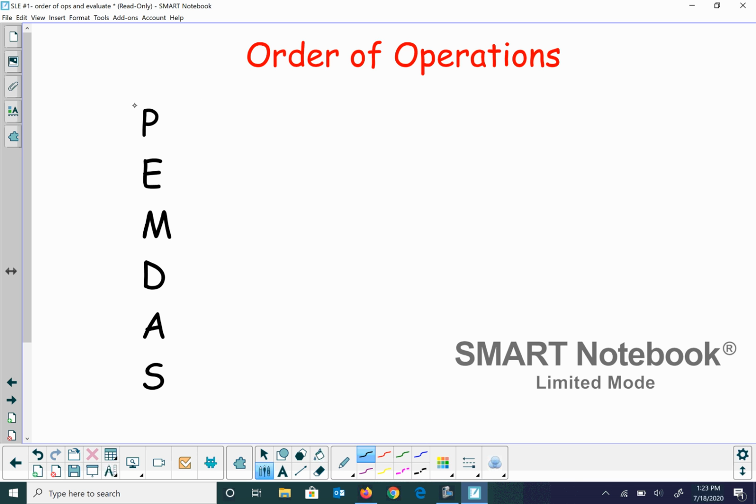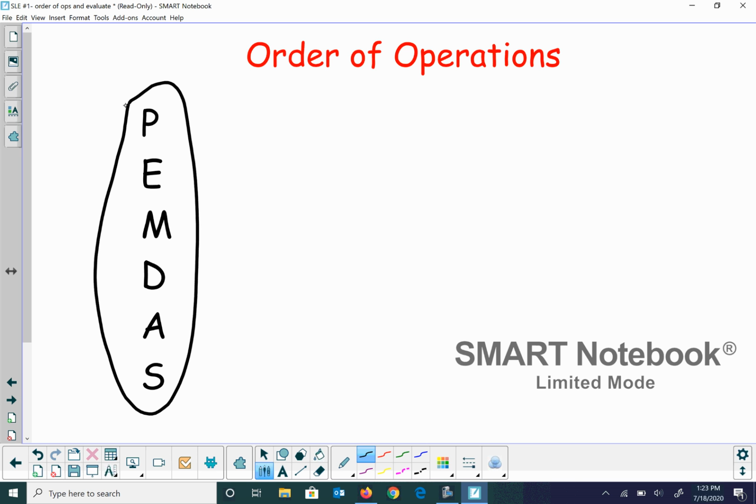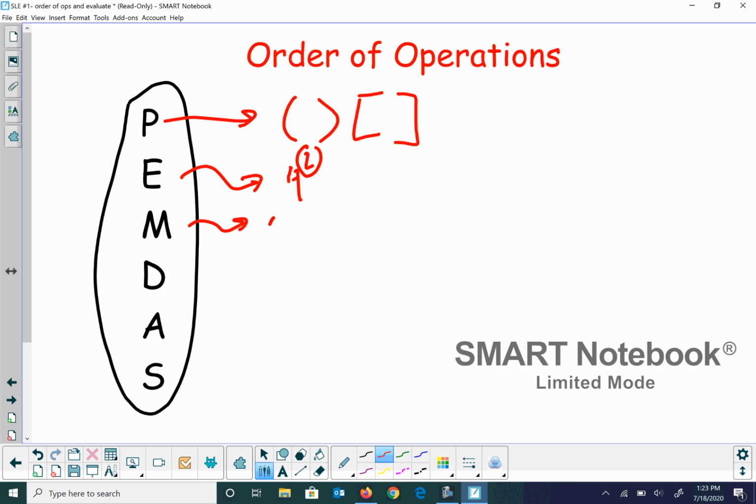You've probably heard the acronym PEMDAS, or Please Excuse My Dear Aunt Sally. What that basically means is P is parentheses. Parentheses are these. They can also be square brackets; they're the same order. An exponent is when you have a power, like 4 to the second power, this is your exponent. Multiplication, well, you know that, like 4 times 2. Division,